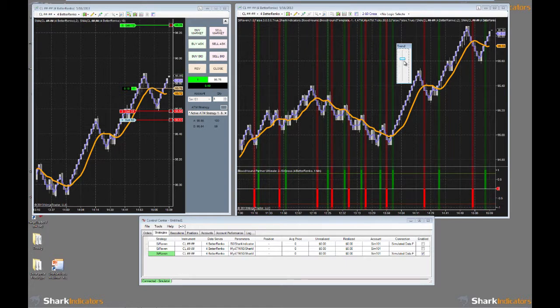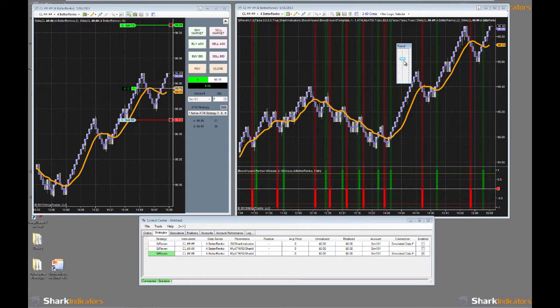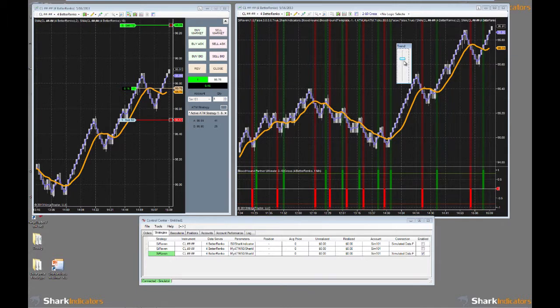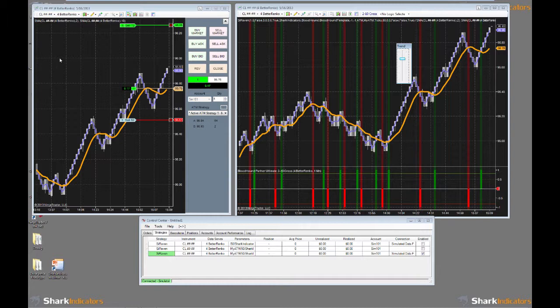Or, target filled. I could have just been totally hands-free on that one and let the automated trade strategy, the ATM, take care of the entire trade from start to finish. So that's a very common way. In fact, we find a lot of customers like to use the ATM and then use manual intervention. Okay, so Mike, yeah, absolutely. You can use